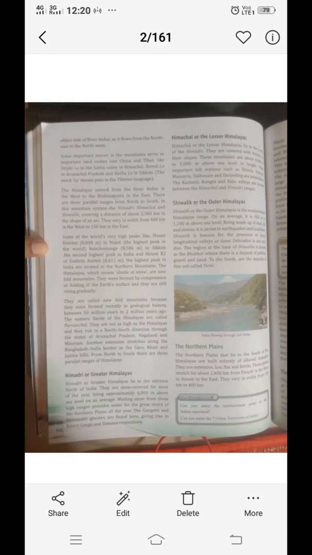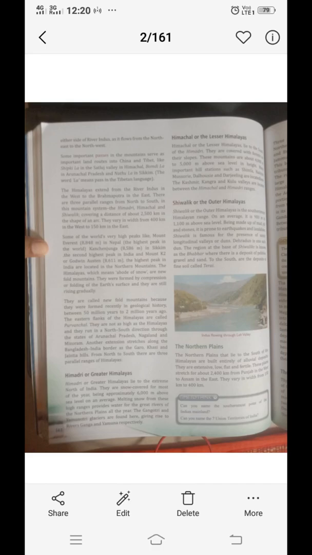The Himalayas extend from the river Indus in the west to the Brahmaputra in the east. There are 3 parallel ranges from north to south in this mountain system: the Himadri, the Himachal, and the Shivalik.